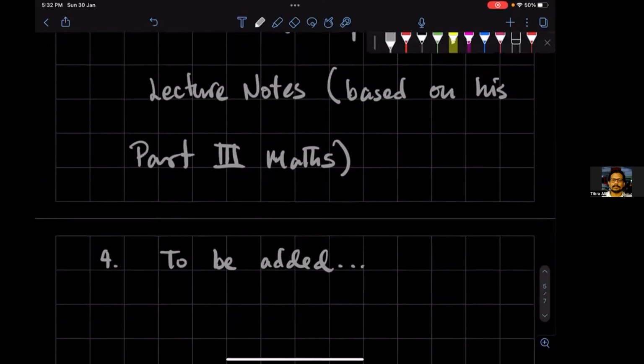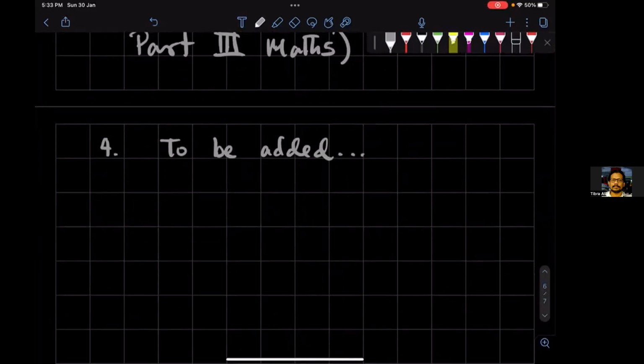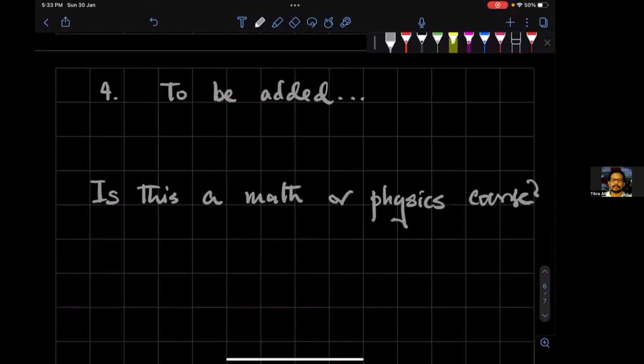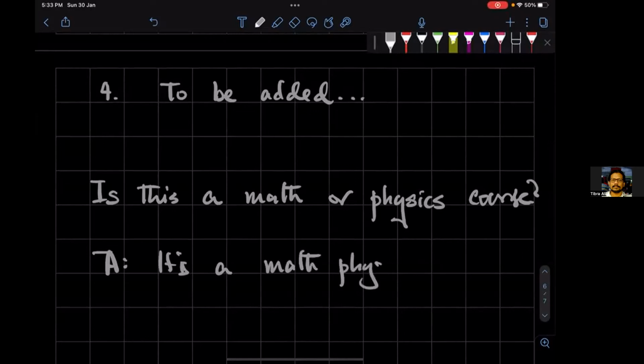So I'm sure there's an obvious question in the minds of the mathematicians here. Is this a mathematics course or a physics course? Okay. The answer is it's a math physics course. It's a mathematical physics course